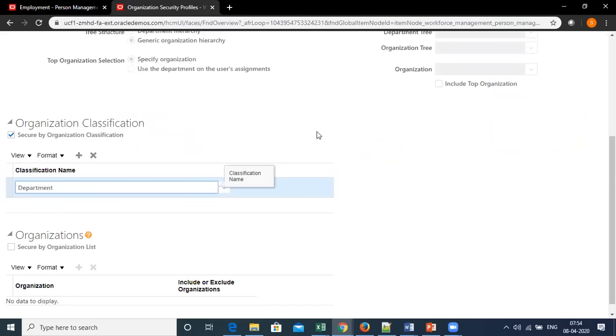Each and every department on the system will be treated as a separate secured access.